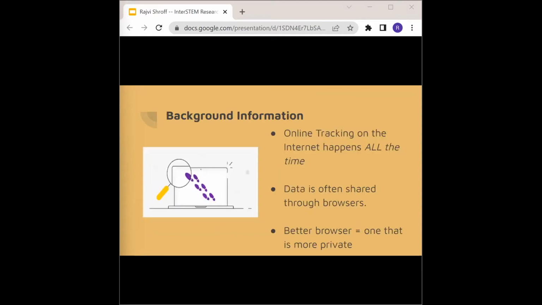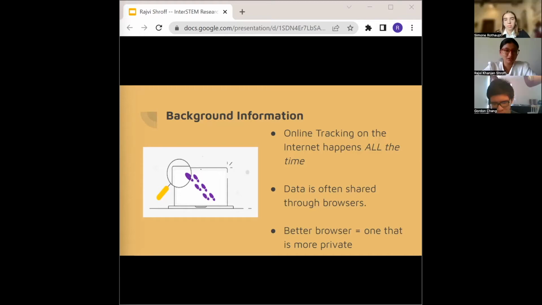Okay, I now wanted to go over background information relevant to my research. Firstly, when users are online, like when we are browsing on websites, shopping, listening to music on YouTube, there's a lot of online tracking that happens with third parties and ad companies that want to know what users are doing so that they can better target ads and essentially make better products. But essentially what that means is data about a user is shared and sold, and in the majority of cases, this happens without the user's knowledge.